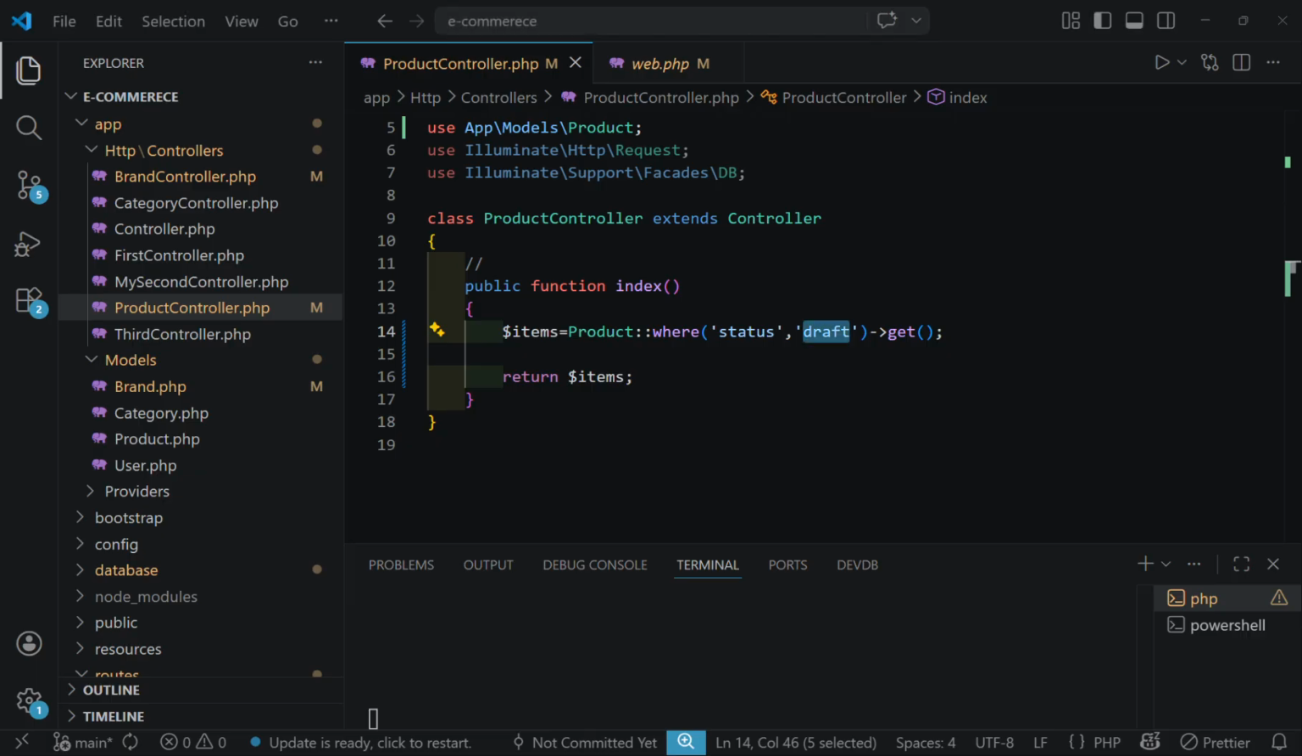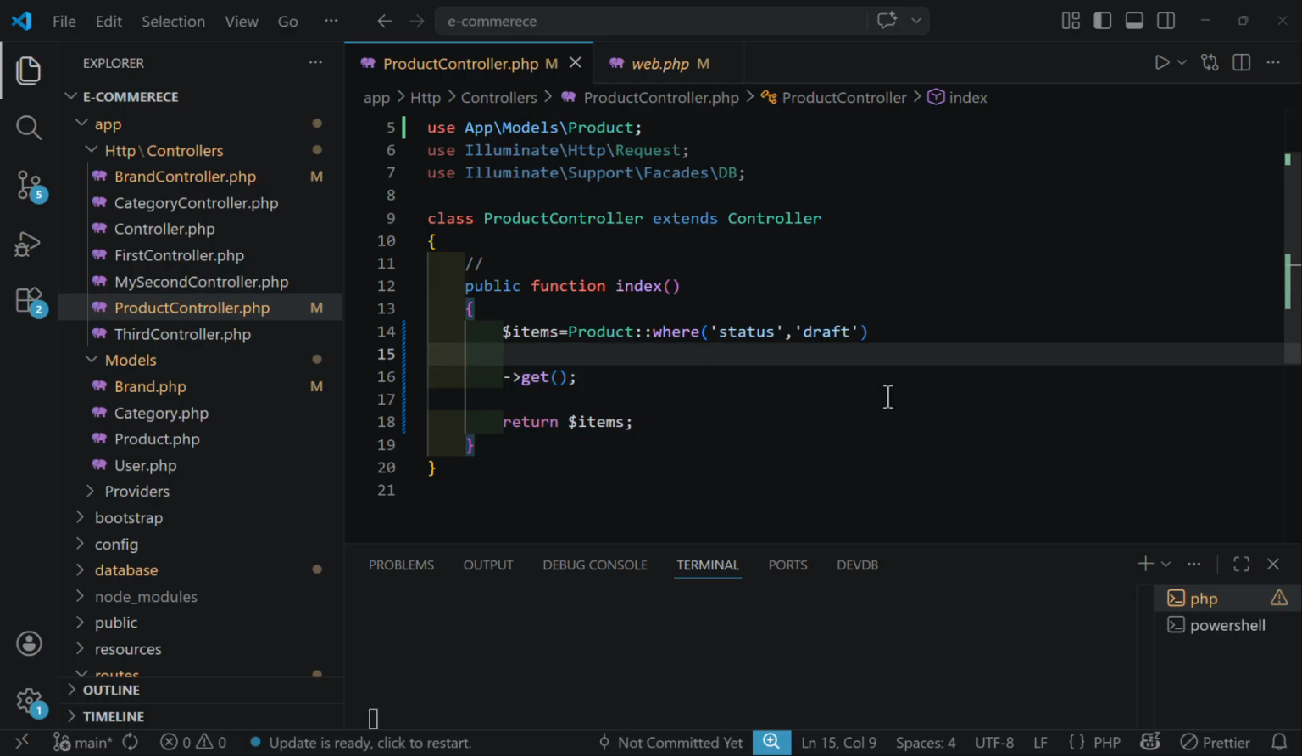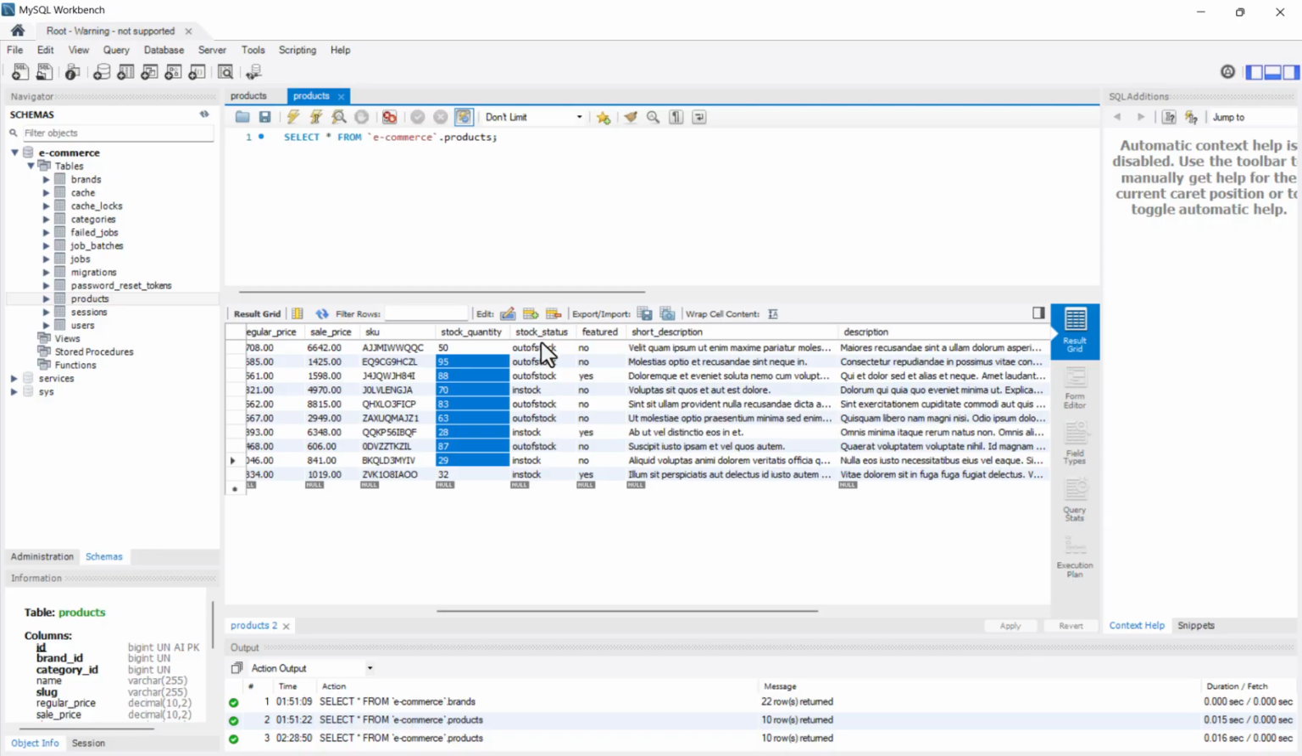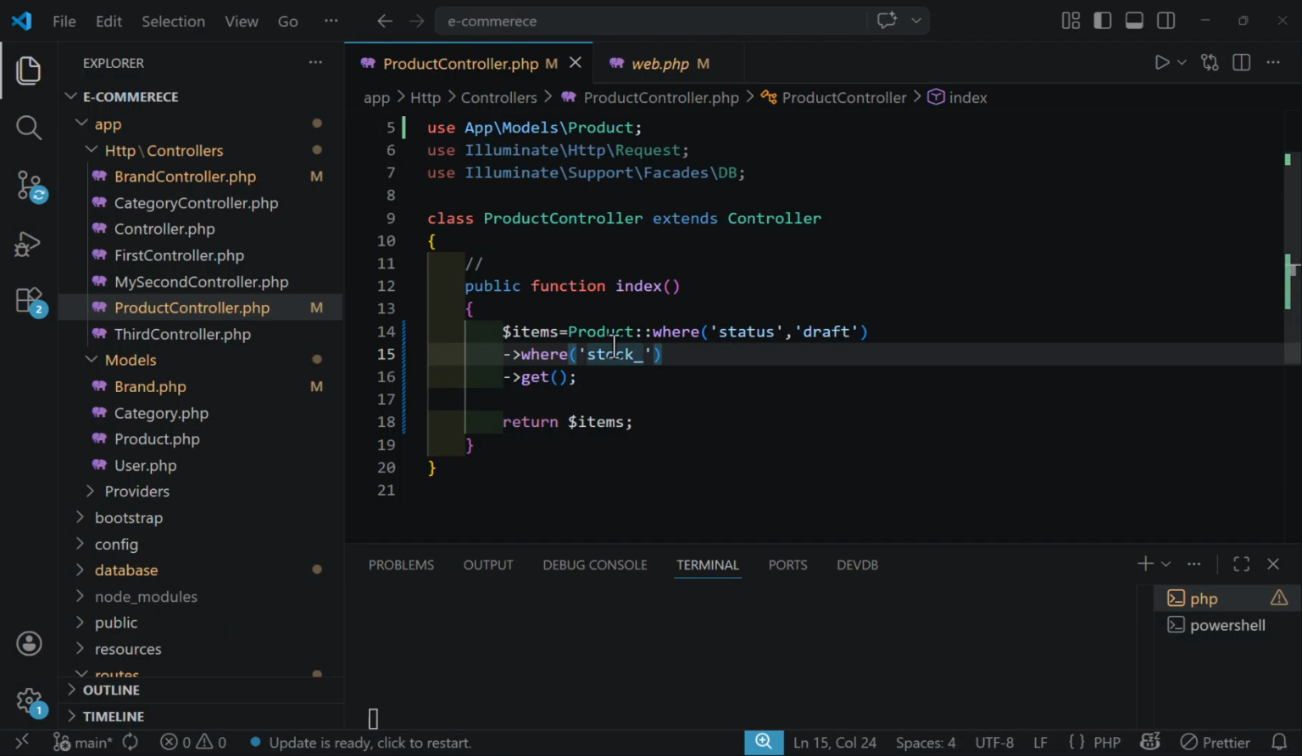We can also chain multiple where conditions. When we chain where methods in Laravel, it will automatically apply and logic on it. So for example, in here, if I want to add one more logic, let's say where the status is draft and where stock, let's say what was the column name, okay, stock status, copy the column name here, is equal to